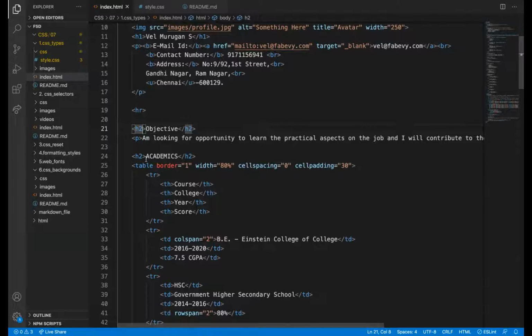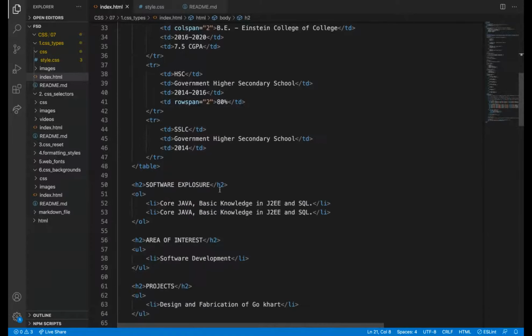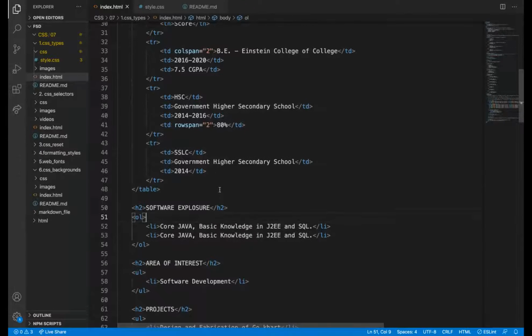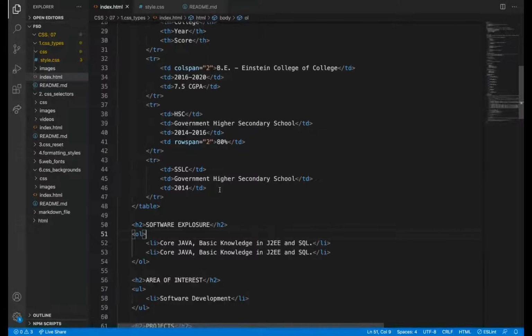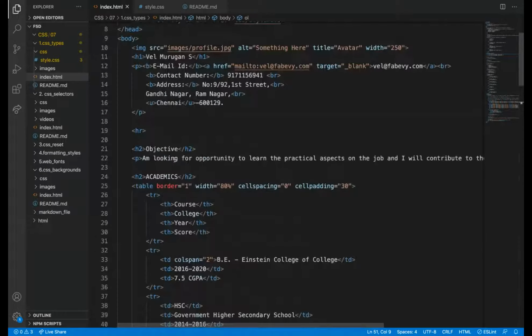Only for objective and academics and software exposure, I need those three topics in red color. So what I need to do, if I give H2 and then give color red, it will apply to all the H2 tags. So what I want to do is, there is an attribute called class, and then I need to give a class name.